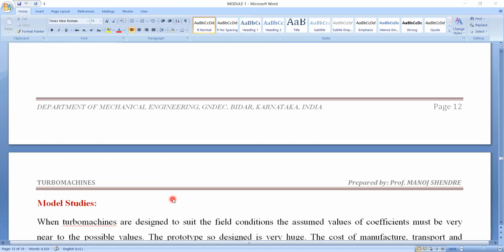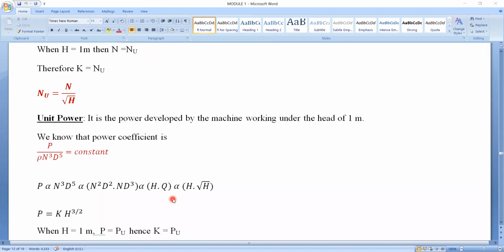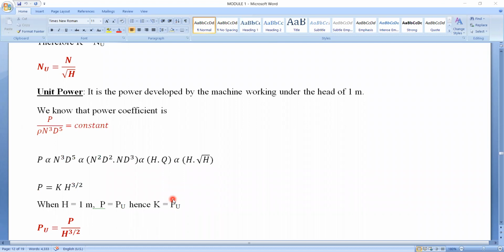Okay, in the next video lecture we will see the model studies, and after that we'll solve the numericals. The numerical parts will be very interesting because I'm going to solve the numericals on the board step by step. It will be better if you solve on the board rather than making a ppt and explaining the things. Whatever the derivations and numericals are there, I'll show on the board and I'll upload the videos.